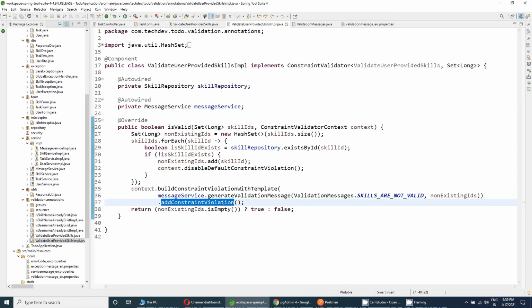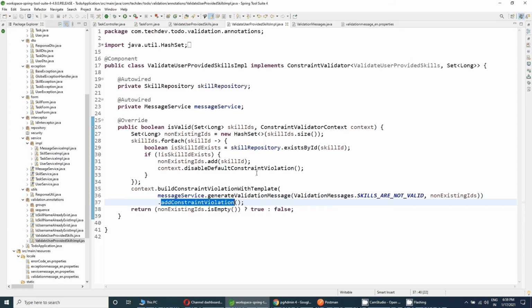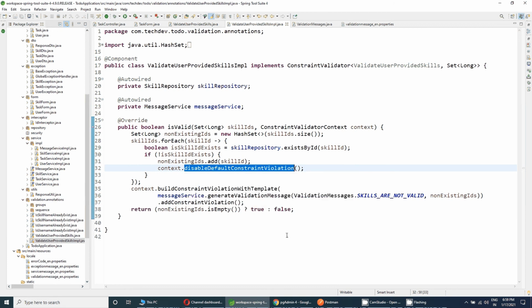Please don't forget that the add constraint violation method is really required if you want to add your custom constraint violation with a template and do not want to use the default one, the default constraint violation. So hope this video is clear to you.